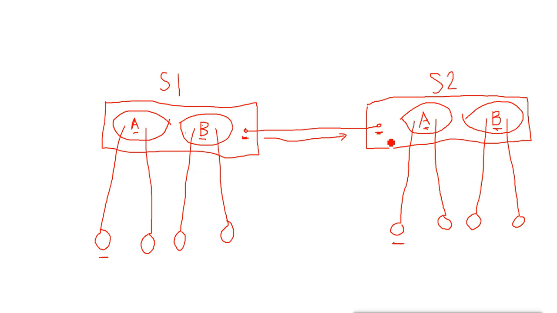But for example, if it goes to this port and reaches the other switch, this switch has to decide where to send the data that comes from the other switch, to which VLANs. So how does this switch understand or identify whether the data which came is for VLAN A or VLAN B? This is also the other reason.